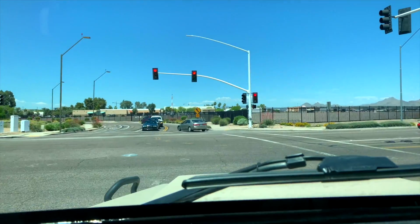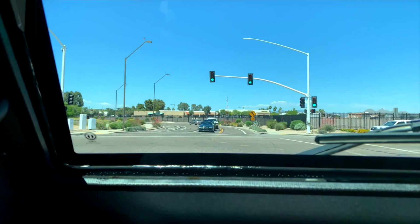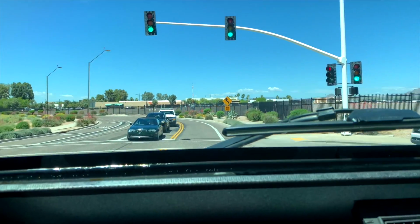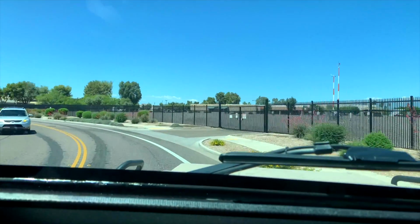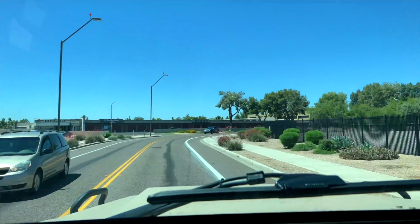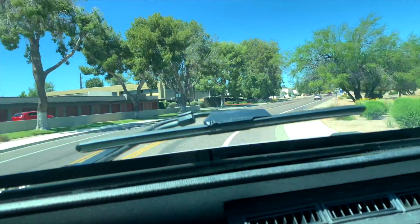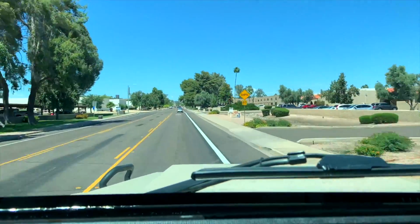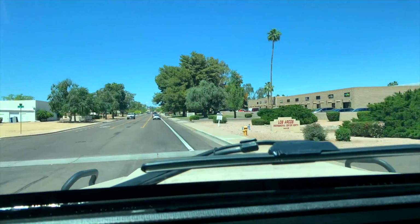But looking out the window, it's got the thick bulletproof glass. It looks as clear as no windows in this baby. And everyone stares at you, that's for sure. I should have my seatbelt on, but I do not. This thing drives really smooth. It's got good power. You know, it's not a rocket ship because of the weight, but you can drive this thing every day